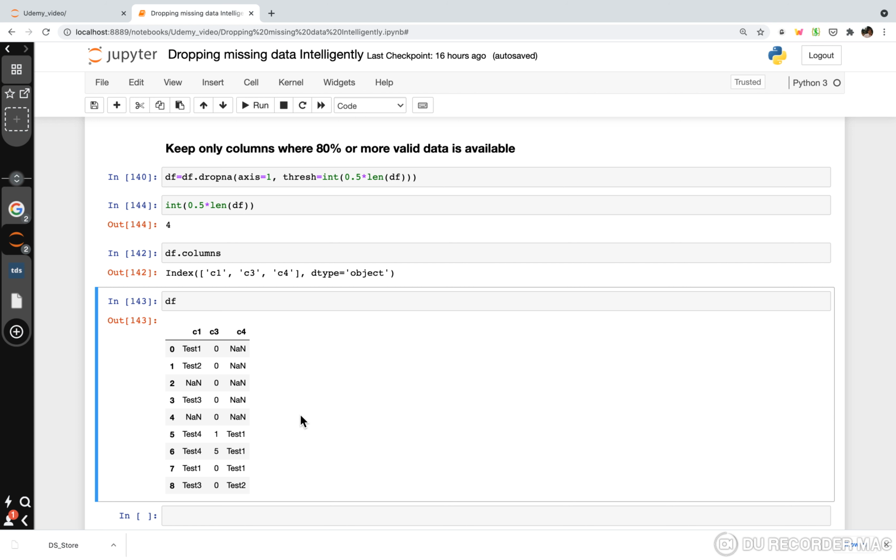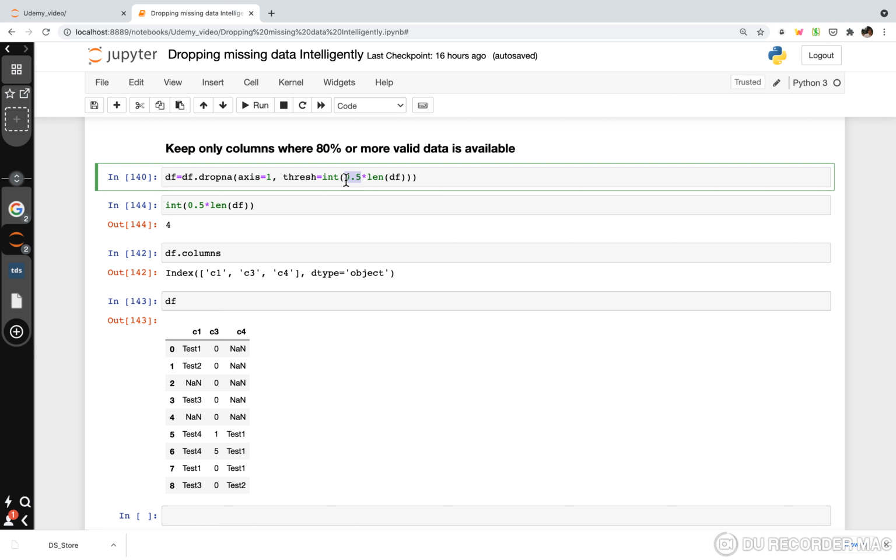Okay, so I think this is clear. I will repeat it again: any column which has 50% or more valid values will be kept, else it is deleted. So if it has only 49% or 44% valid values, it gets deleted. If it is 50% or more, it will not get deleted. So this 0.5 here is the lower threshold of percentage that you want to accept for valid values. It could be more than 50%, but 0.5 is the lower threshold.